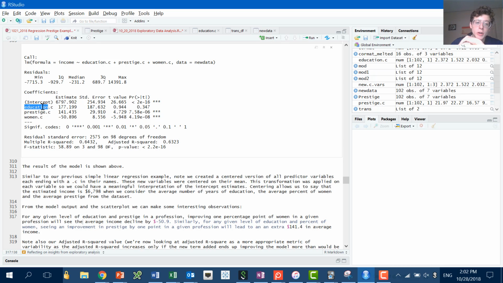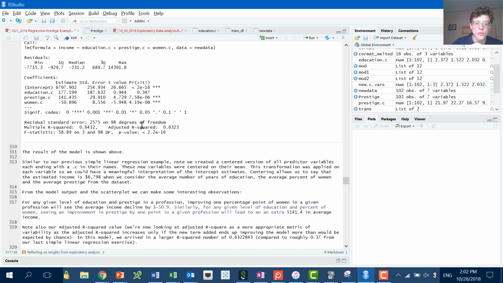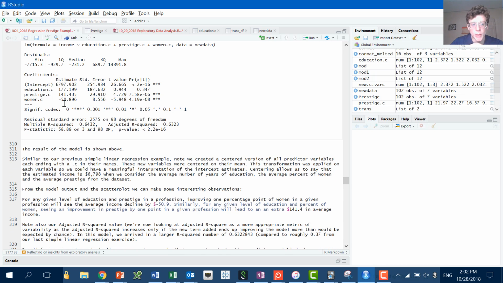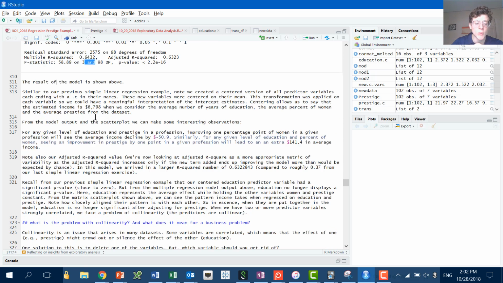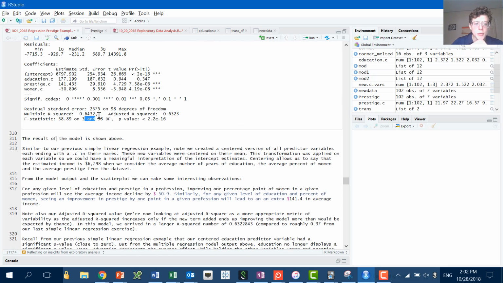So your linear regression will somewhat randomly pick which of the two of these should be significant if they're so correlated. And we actually get to choose whether we want prestige or education in the model. If we saw education was previously important, but now prestige is important, we can actually get rid of prestige and see what happens to our model. The problem with collinearity, collinear meaning they're both correlated, is that you will get some predictors which are insignificant because you have two variables, one masking the effect of the other.